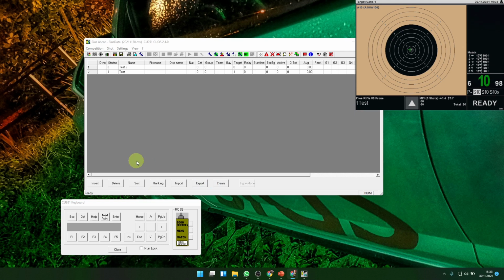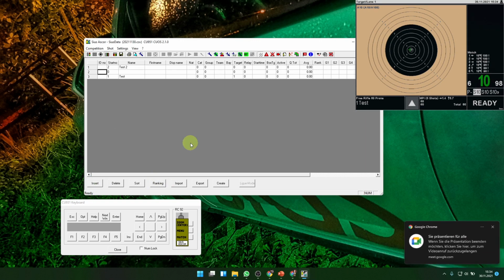A tip, if you have your own list of shooters and you want to import it to SIUSData, I do it in the following way. I insert a shooter, then I enter some dummy data. That means ID 1, start number, 1 I have already, I take 3. Then here name,